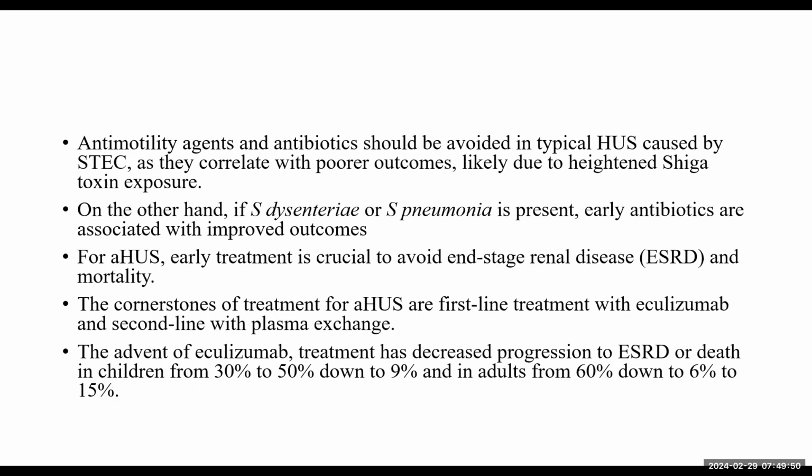Anti-motility agents and antibiotics should be avoided in patients with typical HUS, as this correlates with poorer outcome. It has been found that especially the antibiotics that act on the cell wall, causing lysis of the cell wall, thereby release more toxin into the system and cause more damage. That's why antibiotics should be avoided in patients with typical HUS, or at times antibiotics have been found to actually predispose the patient to development of HUS in patients that have infection by this strain of E. coli. On the other hand,